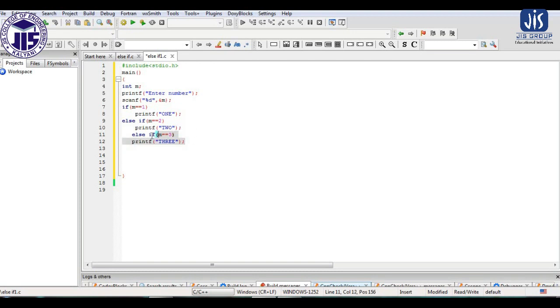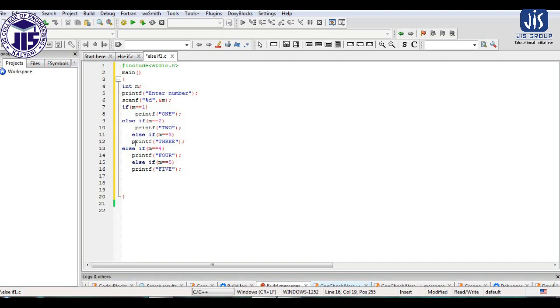And next we are applying, if m equals 4, then we will print 4 here. As you can see, I am using multiple conditions by using the else if. Now if it is 5, then we will print 5 here. In that way we can continue with more conditions. Here I am writing only 5 conditions to make the program simple.